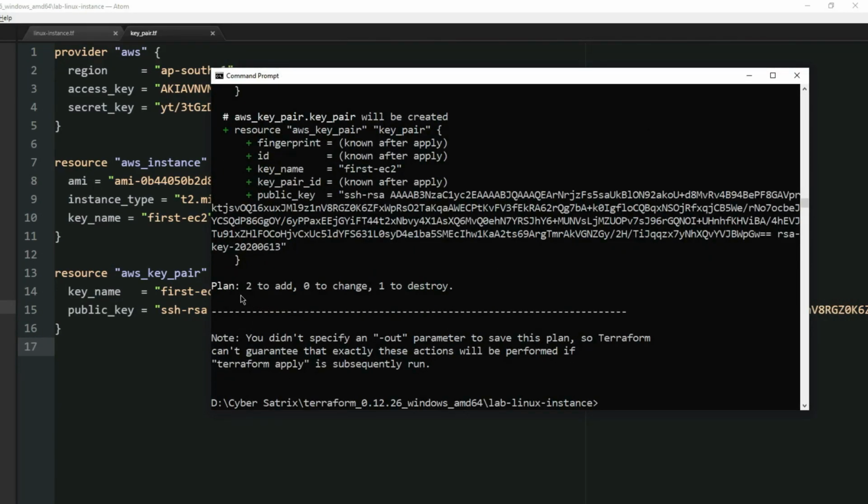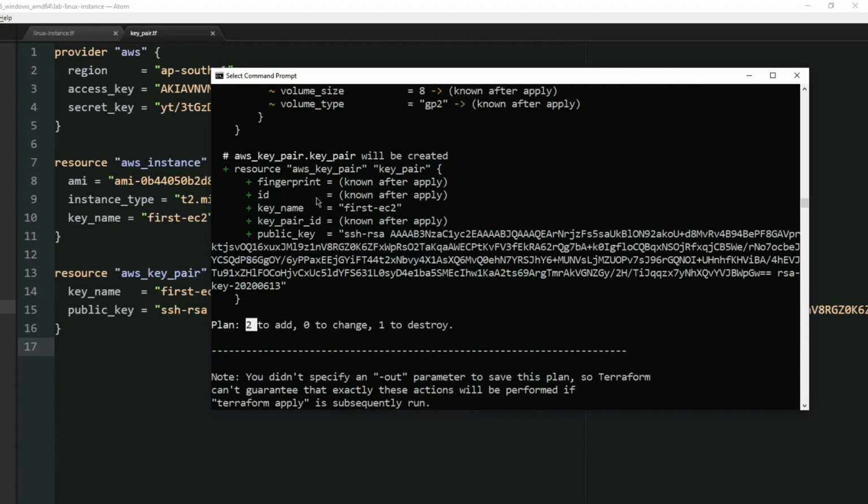Now let's see what happens when we write the command terraform plan. It shows two resources that are going to be added. In the previous one, it had not added any resources because we had added that using the AWS key pair section under network and security. So now it creates a new key name called first-EC2, and the public key is this which I have just provided.